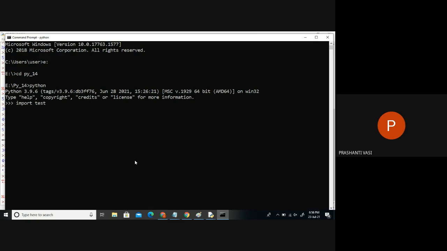Import test5. Test5 dot, whatever we have, we can just call it. So if it is test6, I can import it. We got the code. But again, if you say import test6, will it execute again? Will that output show again on the screen? The print statements, will they get executed again? No, it won't. Because once a code is loaded, if there is any print, it's already interpreted. It's already executed. The second import will not show any output.